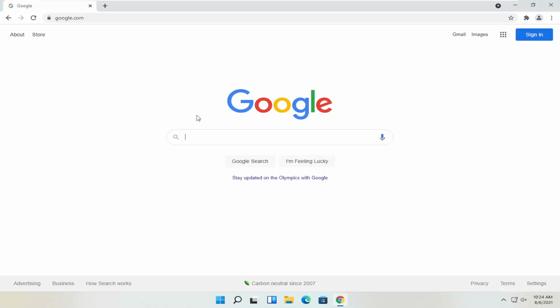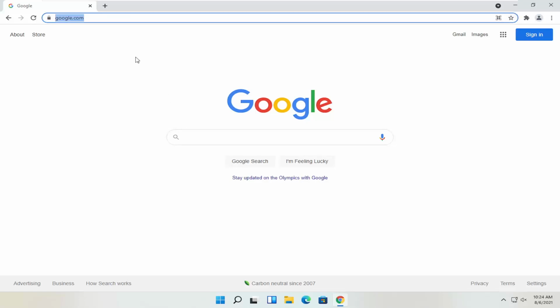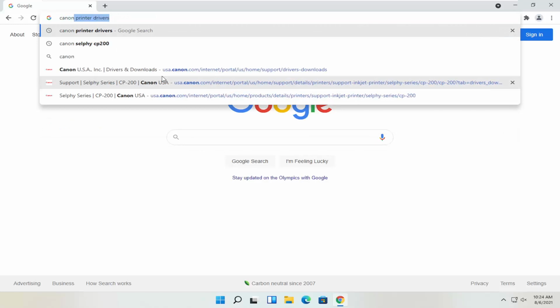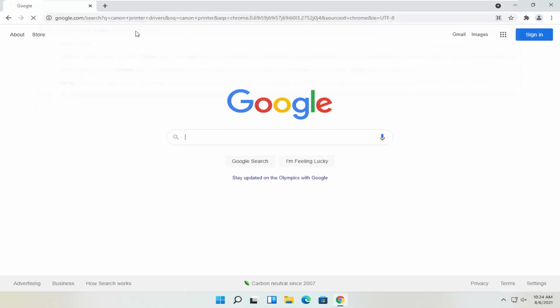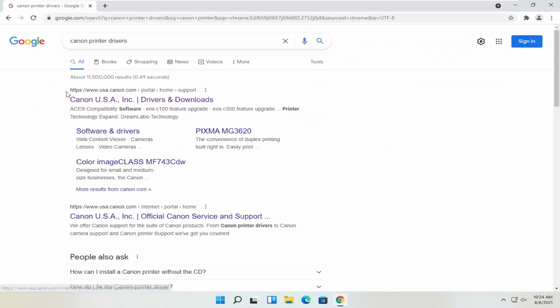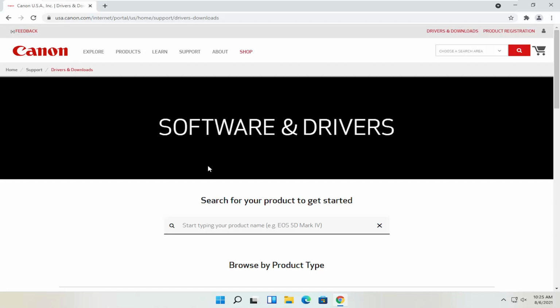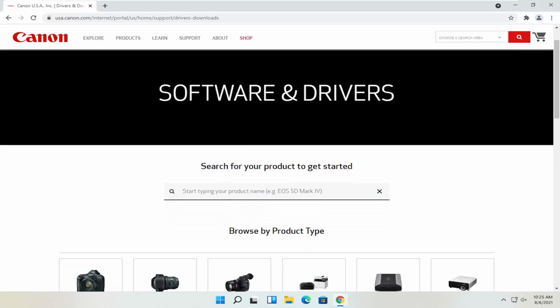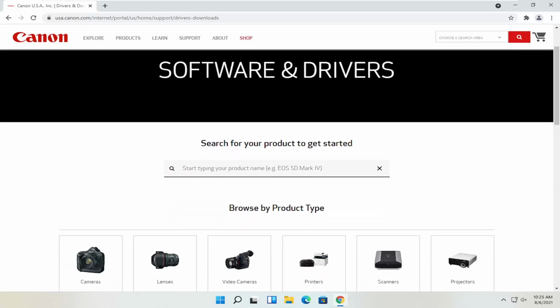So anyway, back to the tutorial here. We're going to start by heading over to Google, and you want to just go ahead and search for Canon printer drivers. One of the best results should be from a Canon domain here. You can see it's regionalized for us, but in your case it might be just the international version, which is fine. So you can go ahead and search for your product in this field,